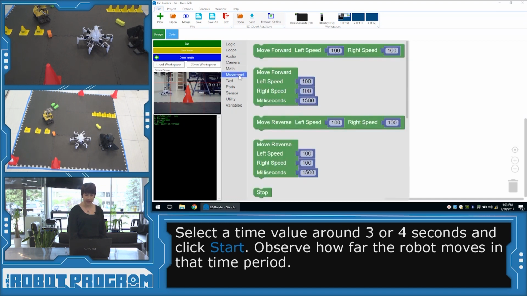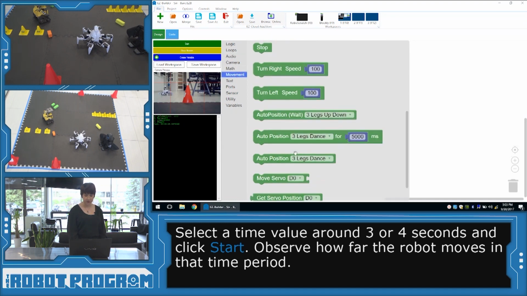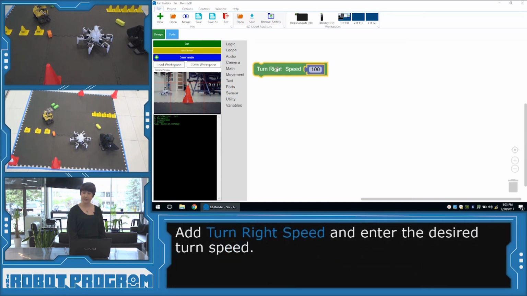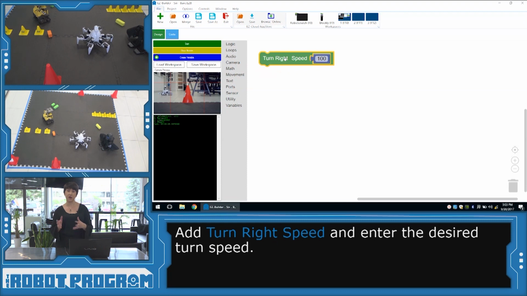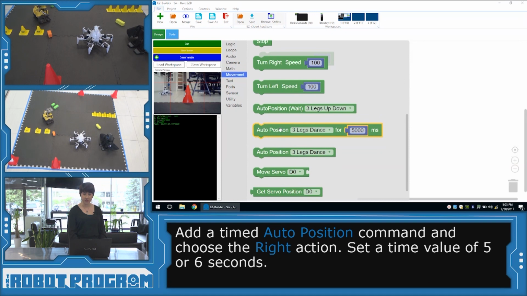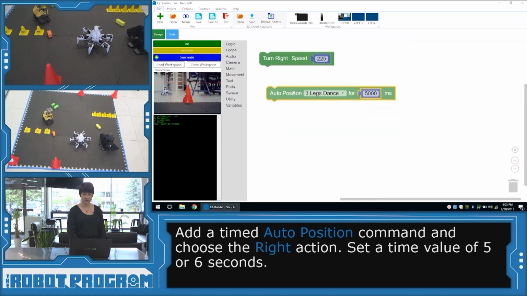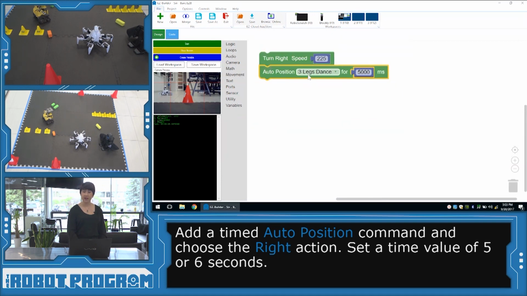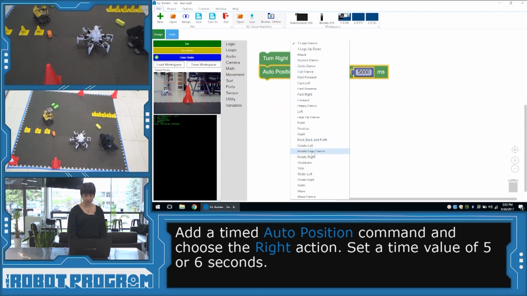And now I'm going to add the turn right speed block from movement. And this is where I choose how fast I want Six to move right or left. So again, I'm going to choose 225. And then under movement, I'm going to scroll down to auto position for a certain number of seconds. And left and right are actually auto position movements for Six. So let's choose turn right